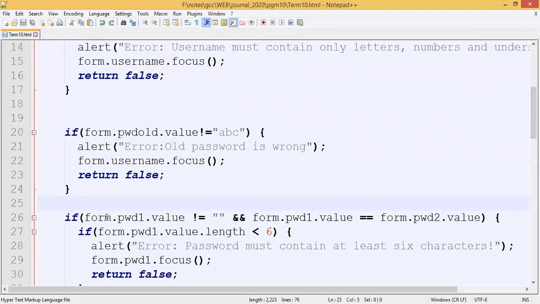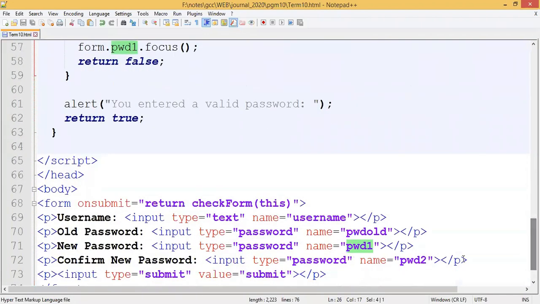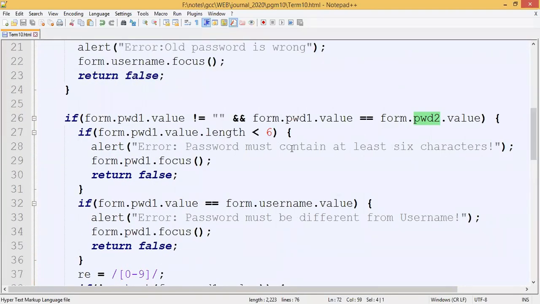Now here we have an if condition where we are checking that the password should not be blank. Which is this pwd1? This pwd1 is for new password and pwd2 is for confirm new password. So here the new password should not be blank, and the new password and the confirm new password both have to be equal.